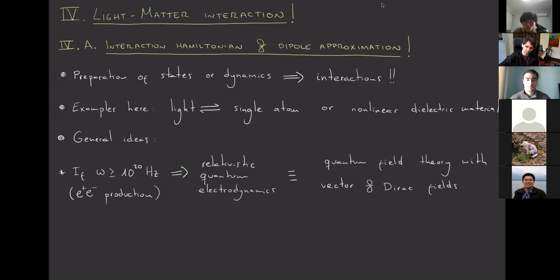But this is a theory that, even if it's very beautiful, is of course much more complicated to calculate things with than the thing that we are going to use. But of course, we are in a way lucky that our scales are way below this. Okay, and then we don't need to use full relativistic quantum electrodynamics, in particular because in optics,